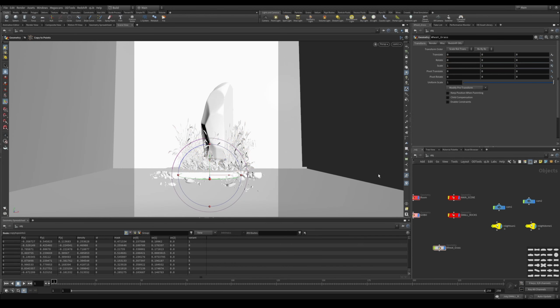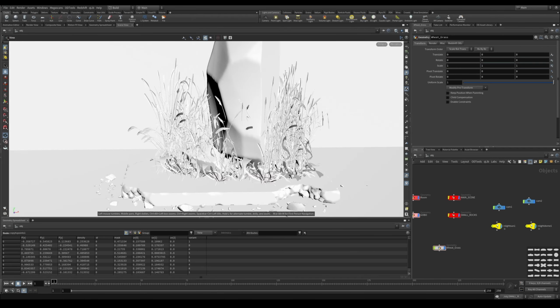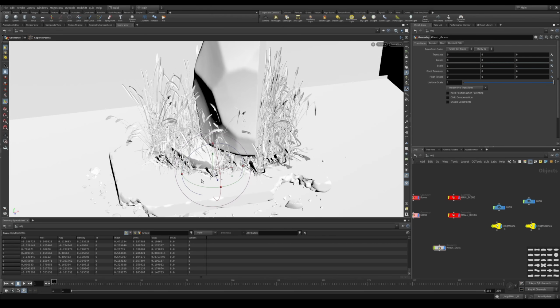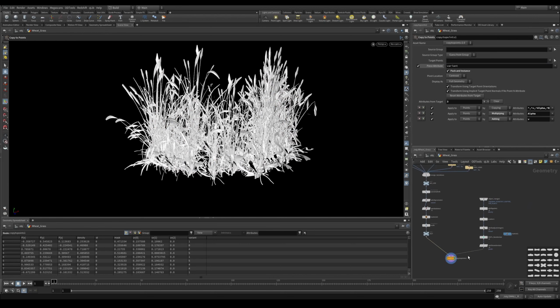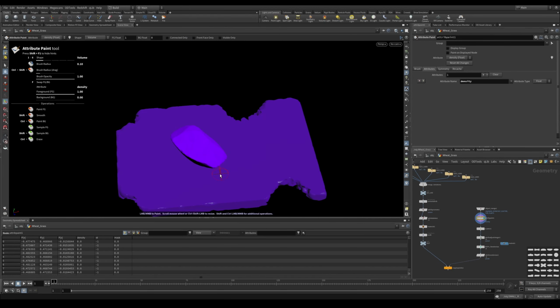So if we have a look at the scene now, you can see we have all these here. And now we have too many that are intersecting with the rock. So we can refine our paint so that it's a little bit further away from these rocks, but still around them. So let's do that quickly. So you can see here. So let's just reset this and just draw some a little bit further away from these rocks. Let's just ghost others and